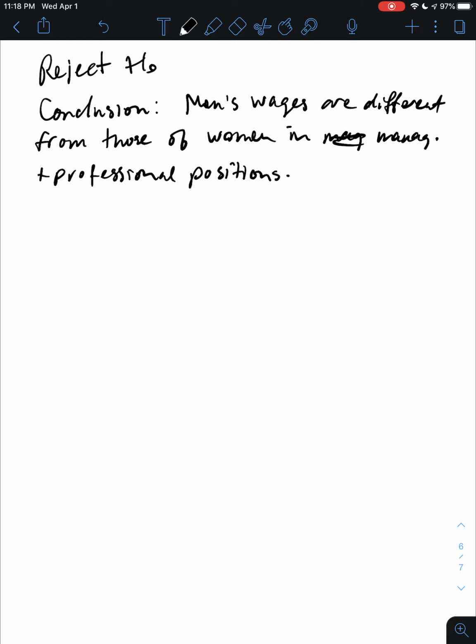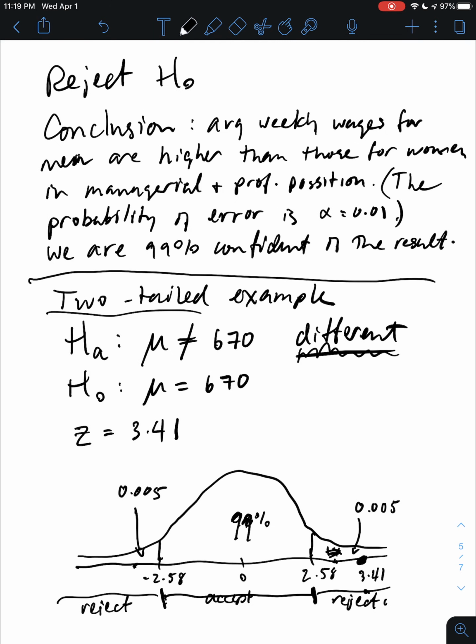Okay, say this with 99% confidence. Okay, the key here is different. That was the hypothesis that we're testing, and so that is what we have to follow through with. Different is the word. Notice that in the conclusion